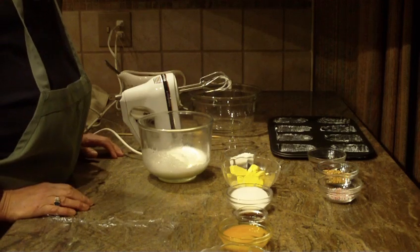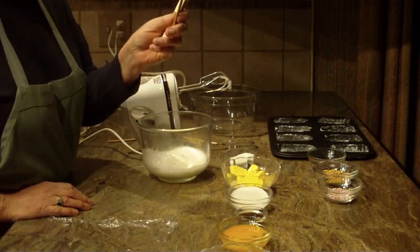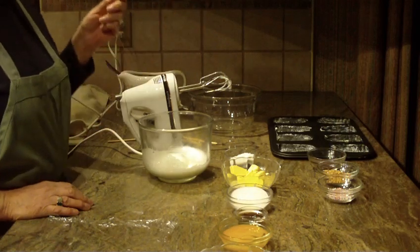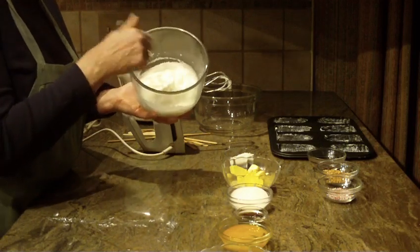We're going to make these little miniature snack cakes that we're going to use popsicle sticks in. It's a really quick recipe and an easy one. So let's get started. First, I started off with 2 egg whites, which I just started to beat ahead of